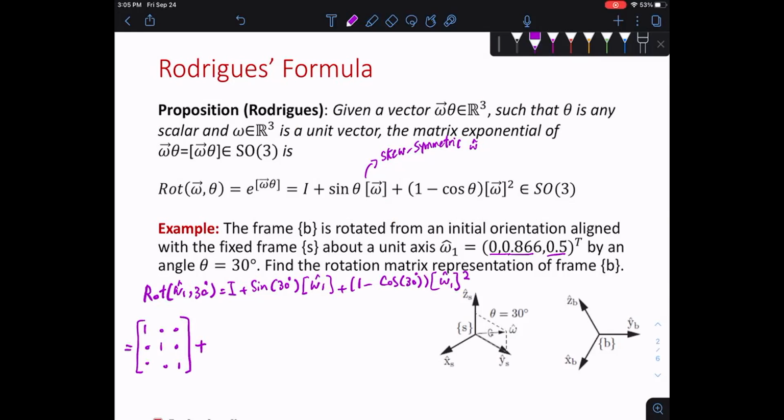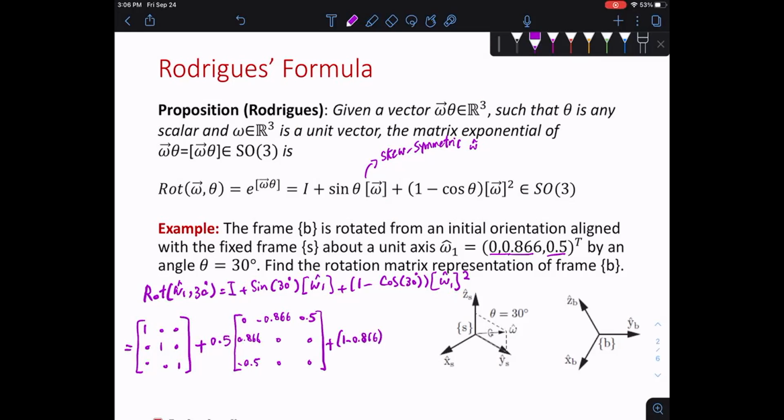So this is 0.5, and here will be 0, negative 0.866, 0.5. And then this is just the mirror of that, 0, 0. This is the mirror of that element on top, 0, 0. And we have zeros on the diagonal, so it looks good. Plus 1 minus cosine of 30. Cosine of 30 is 0.866. So it will be 1 minus